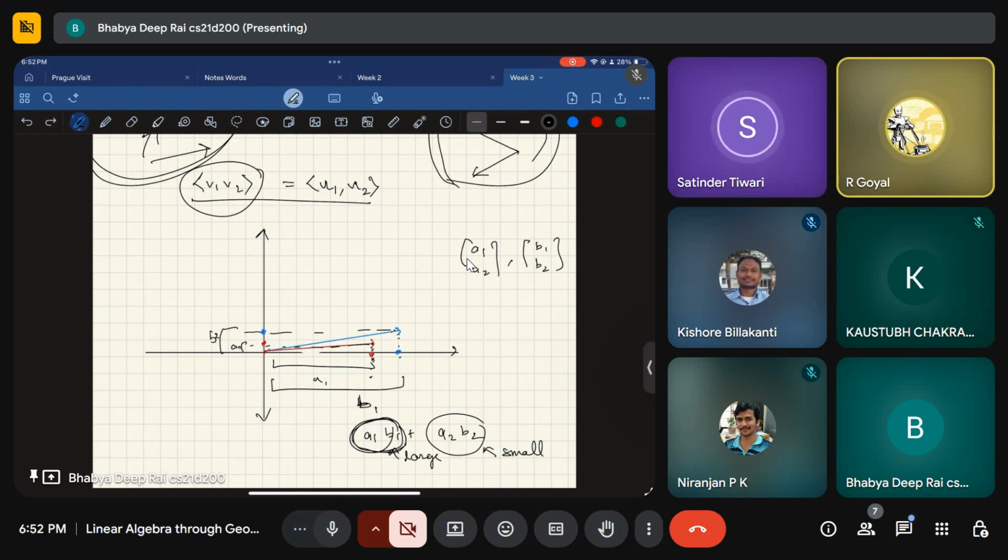That's right. In this a1b1, some component of the red line is there, and some component of the blue line is there. What I want to say is that similarly in a2 and b2, some components of the blue and the red lines are there. Now see the case when they are exactly aligning with each other: a1b1 plus a2b2 would be, okay.